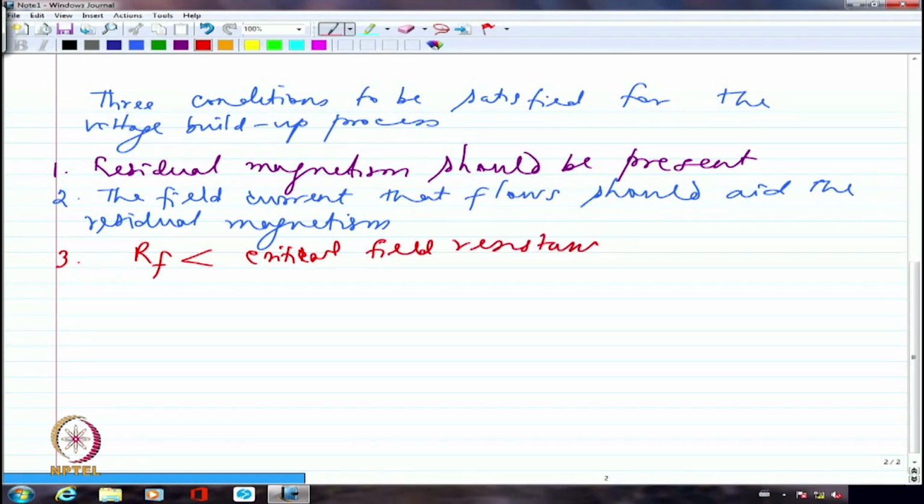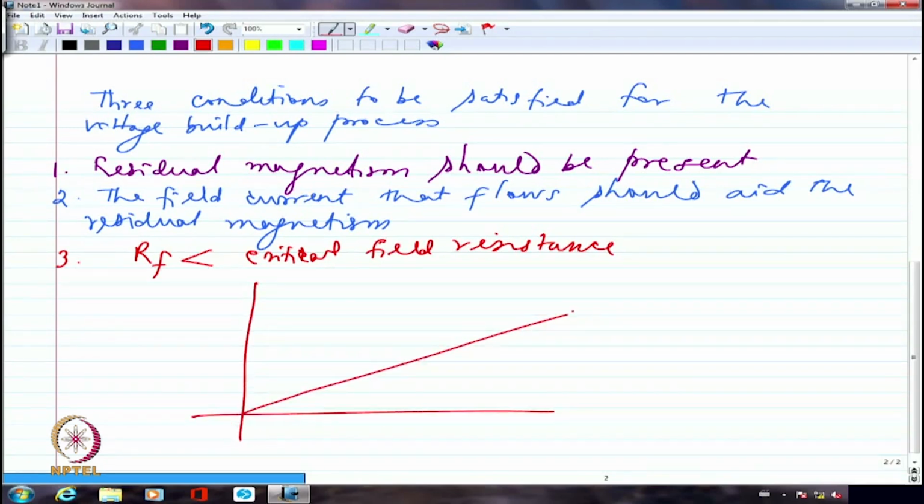So all these three things should be valid. Only then the self-excitation process really can go ahead. I can also say that if originally my field resistance line itself is like this, I have got the field resistance line which is IF versus IF RF,